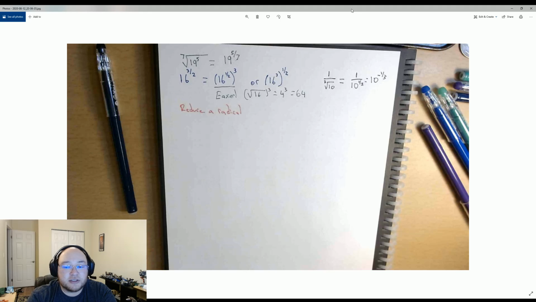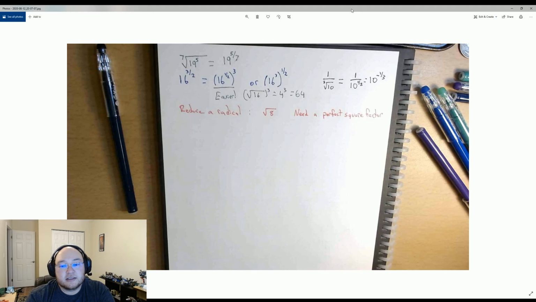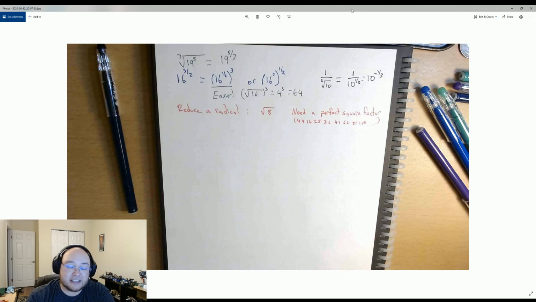So reducing radicals. This is something that hopefully you did last year, probably when you're doing quadratic formula, if not, maybe in Algebra 1. And we did this a little bit in geometry, but that was years ago. So you need a perfect square factor. I used to always write these down or make people write them down. So that's 4, because 2 squared is 4, 3 squared is 9, 4 squared,